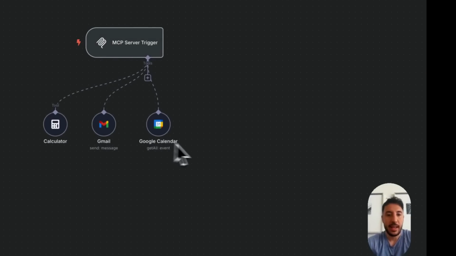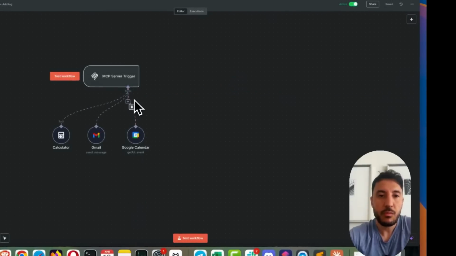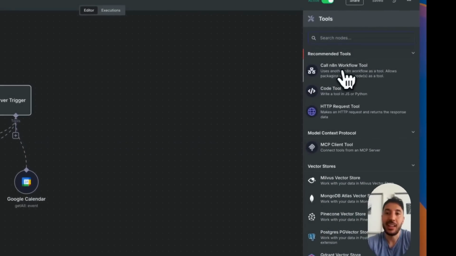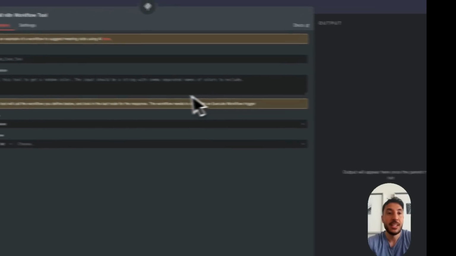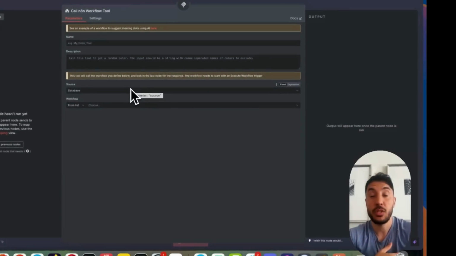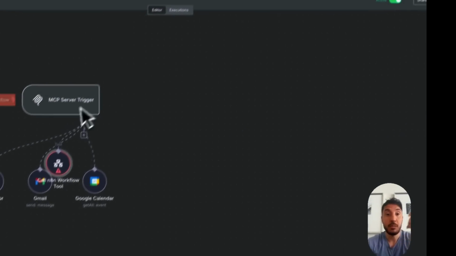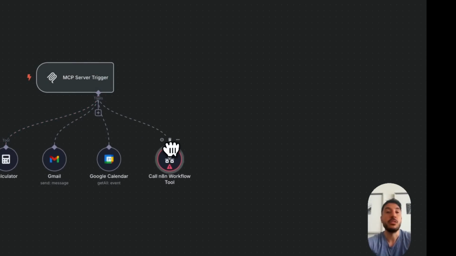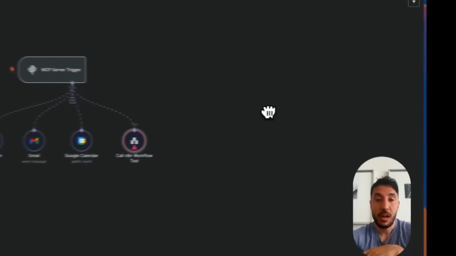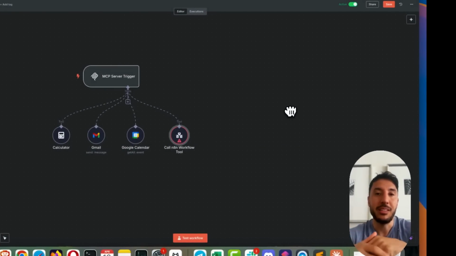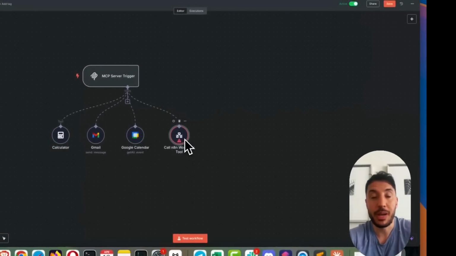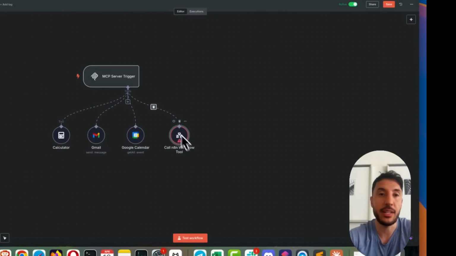So now let's go ahead and actually add another workflow, for example, right? So if I click on tools, and I click on call n8n workflow tool. So this is what makes this MCP server extremely powerful because now you can attach any workflow that you've built inside your n8n through this call n8n workflow tool inside your MCP server trigger, which then could be consumed by whether it's your Claude desktop or from your AI agents that we're going to build in a little bit. So for this particular one, I'm going to use my personal expenses workflow that I created for one of